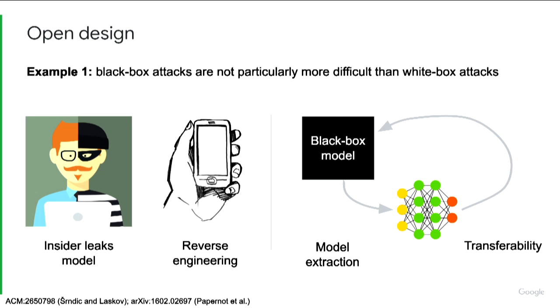So basically, what happens is that if the adversary has access to the same training set, it makes their job easier. And the reason is that they basically have very good queries to make to the black box model. If they don't have access to the training set, then essentially they need to synthesize the queries, and so it may increase the number of queries that they have to make